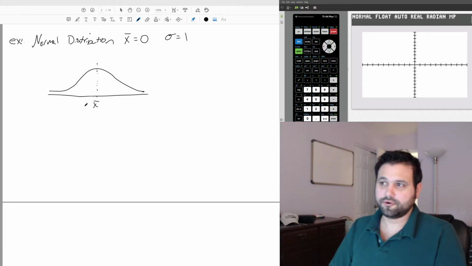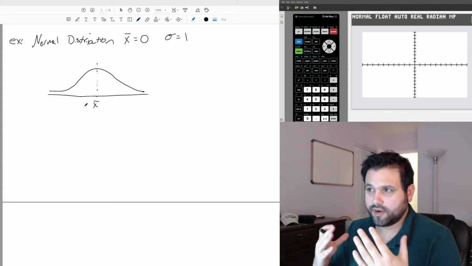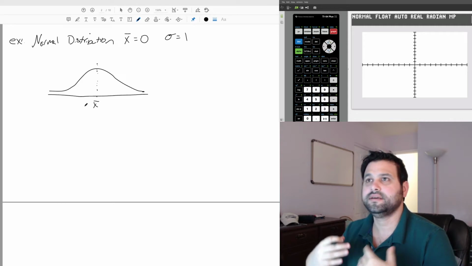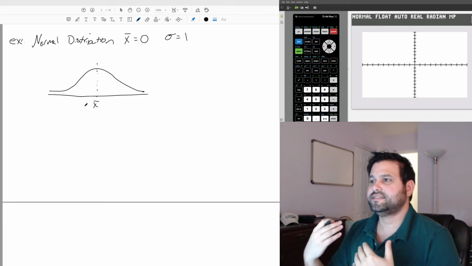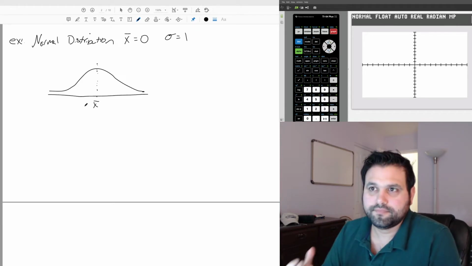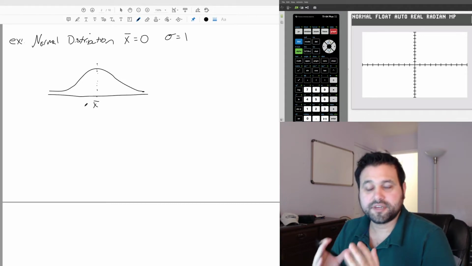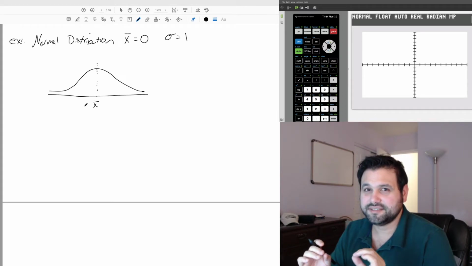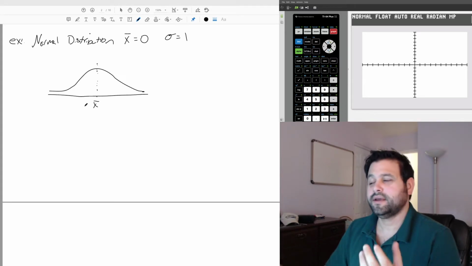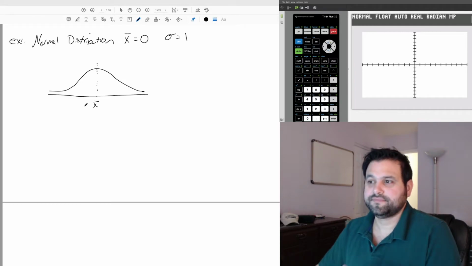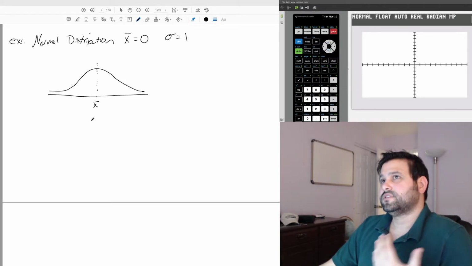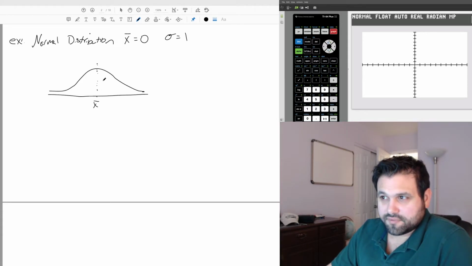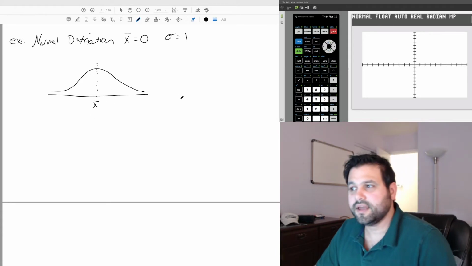However, if we're talking about a normal distribution where the average is 0 and the standard deviation is 1, what's the probability that x is exactly 0.5? Well, because this is a continuous distribution still, that probability again is 0. Okay? So we have to talk about ranges. So we can talk about, well, what's the probability that we're between 0 and 0.5? And then we can be finding these areas. And